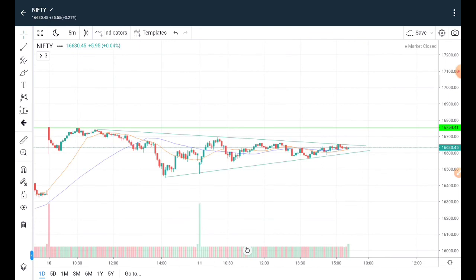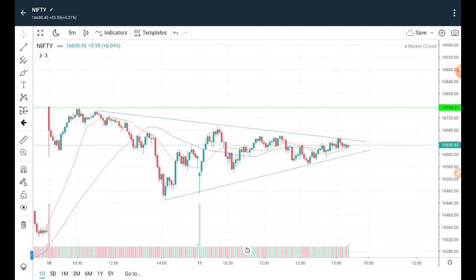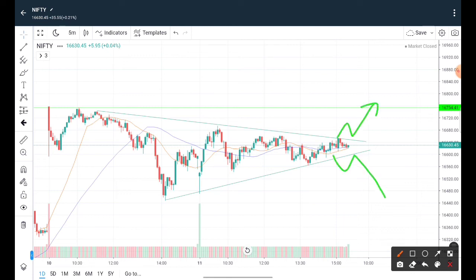So you all need to watch these lectures, and they are given in our playlist section. You can trade an ascending triangle at the breakout. So if the stock goes like this, you can take the trade. See,